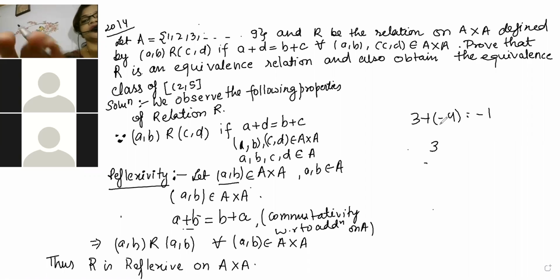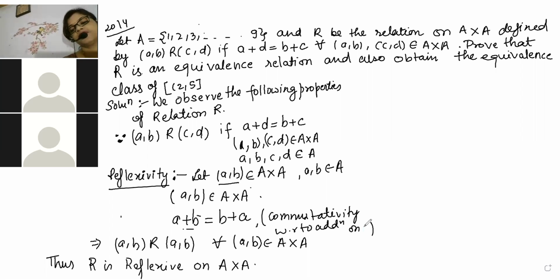When such situations come, mostly children play safe. And what the children do is write for natural numbers. I wrote it for A. You can go for natural numbers. If you say, auntie, I want to write the entire content for natural numbers, you can write for natural numbers also. Which one you pick, which one you write, is totally your choice, beta. So you have to write it nicely. So R is reflexive on A cross A, done.